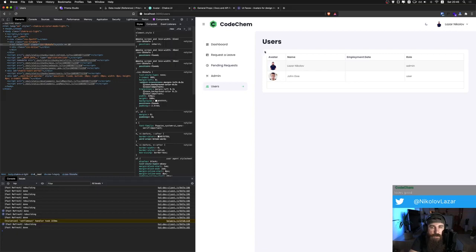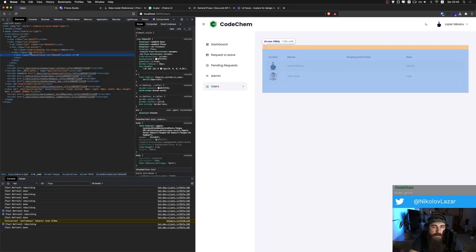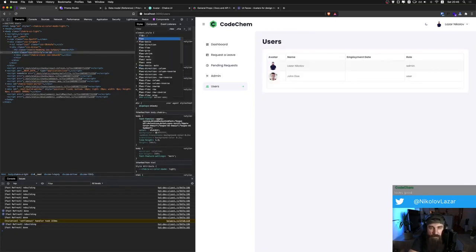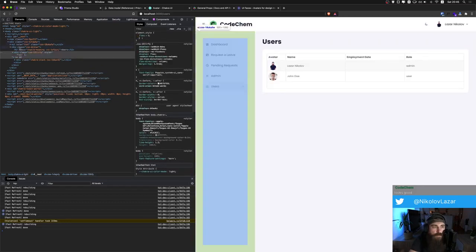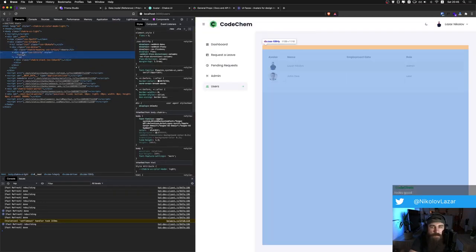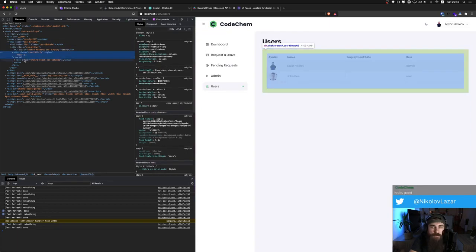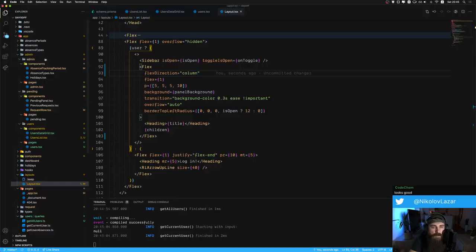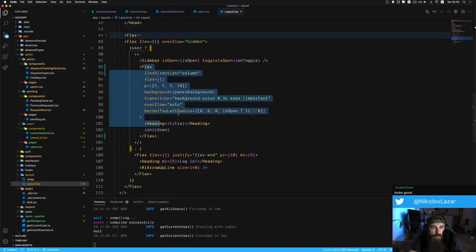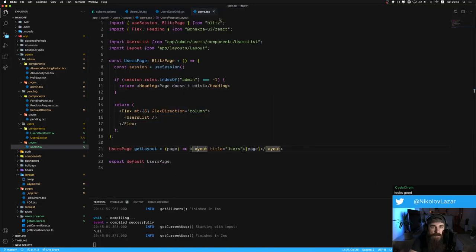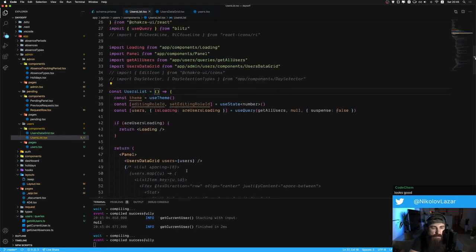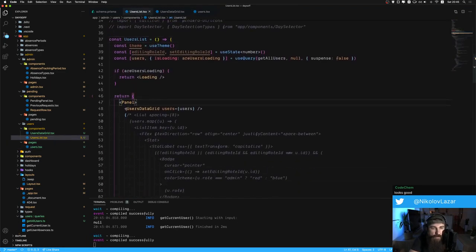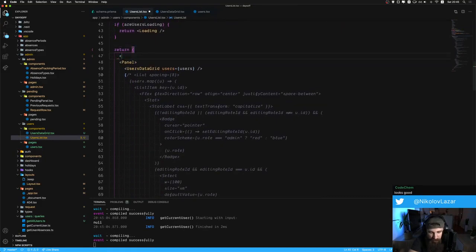Okay, and now if we were to set flex 1, okay, so now, all right, the children is the page, and this flex should have a flex of 1, right? We go down to the users list, we have the panel here. If we wanted also to have that all stretched out,